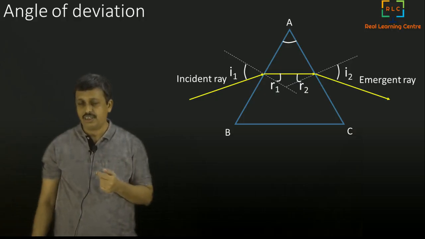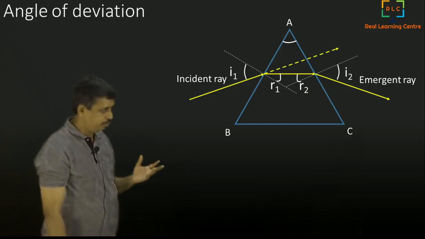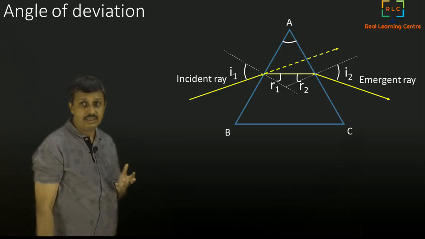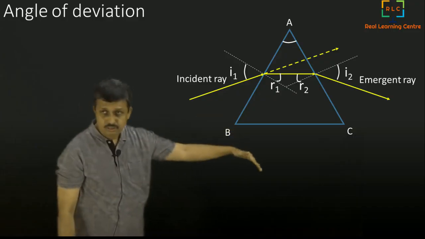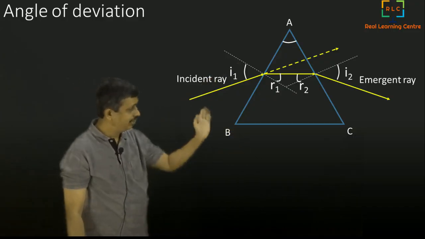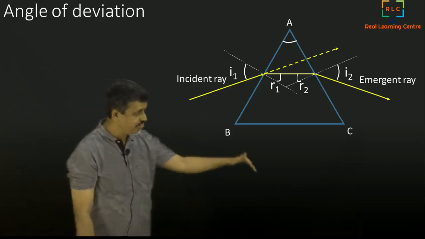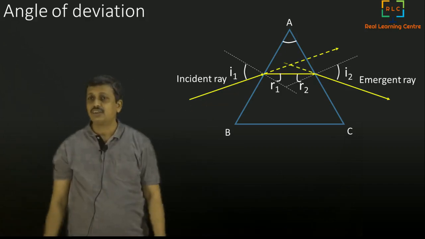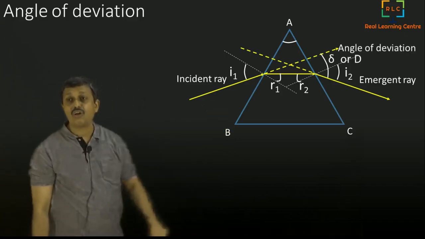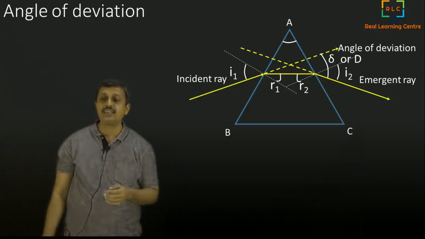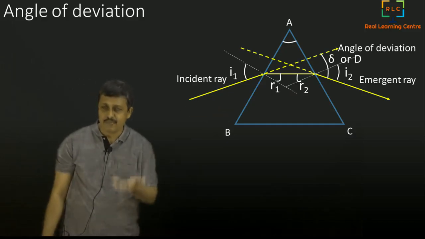Once you have these things, we have introduced a new term called angle of deviation. That is like the lateral shift that we studied. If you did not have the prism, the light would have moved like this. Now it is moving like this. If you want to find the angle between this line and this line, with the prism being the emergent ray and without the prism being this dotted line, you can produce it back and get the angle there. This angle we call the angle of deviation, and it is given by the Greek letter delta, or you can read it as the English capital letter D.